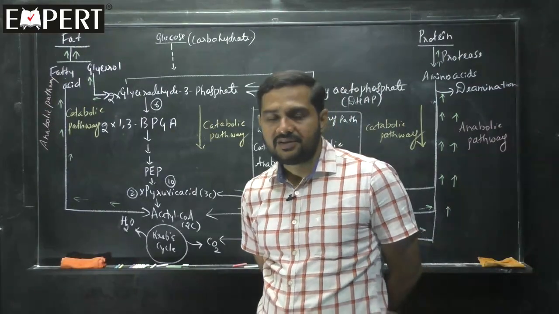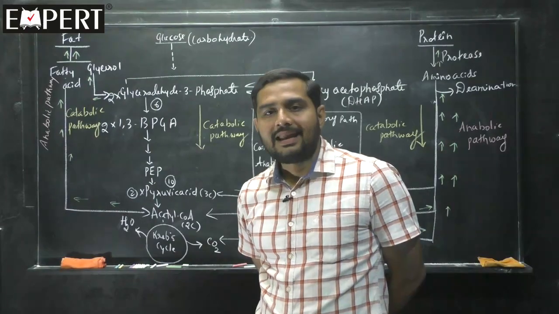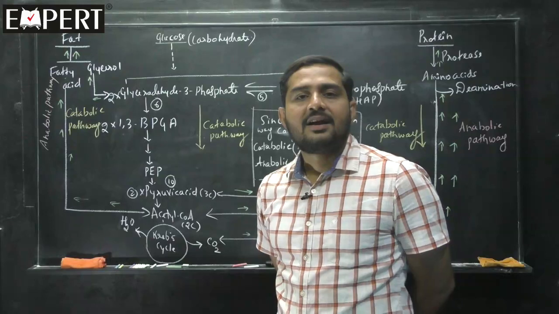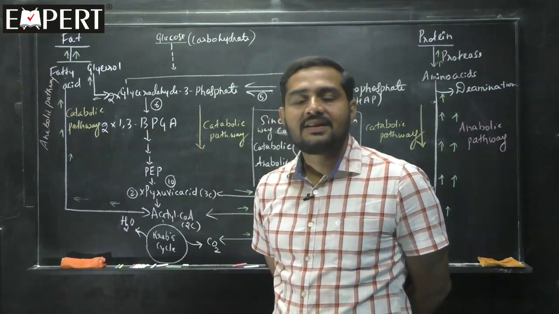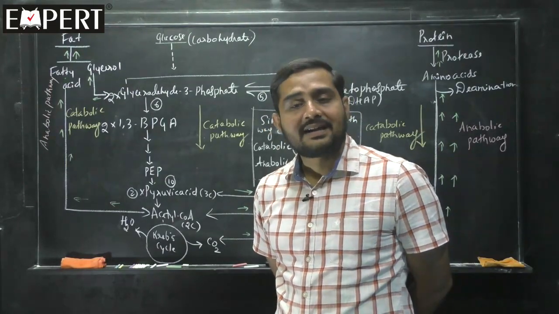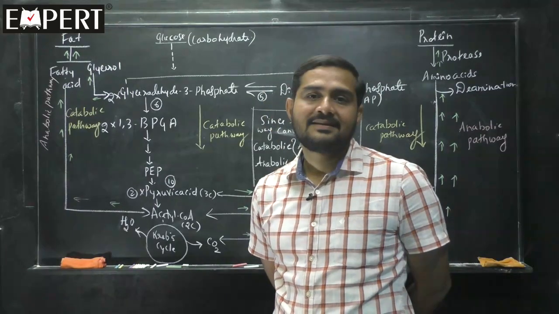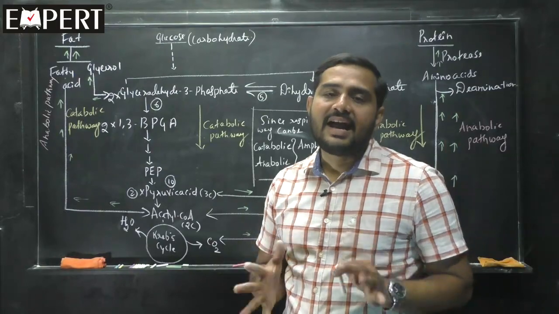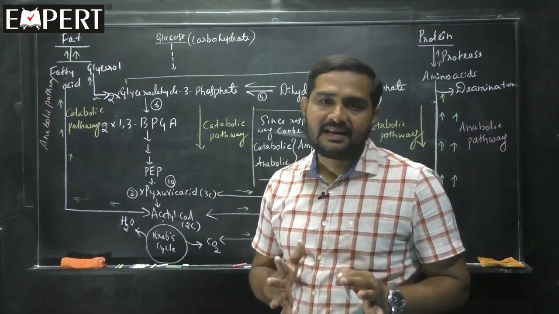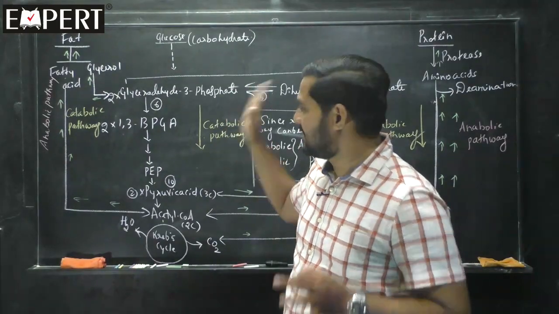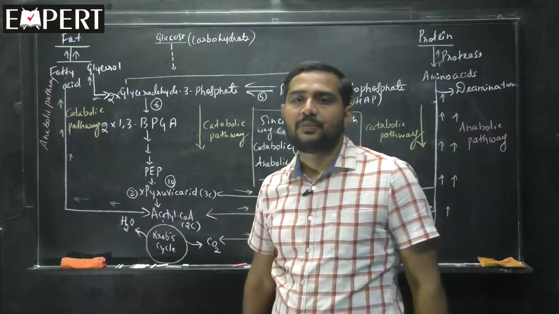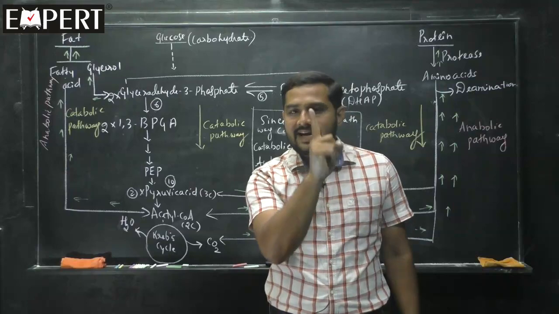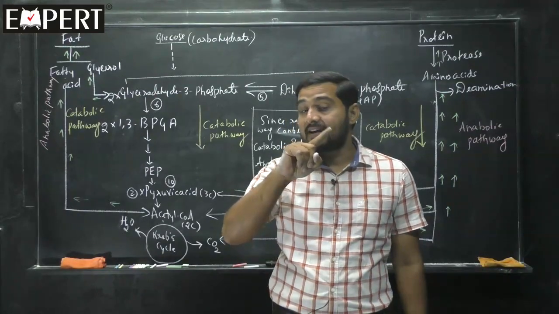Which cycle? Cori cycle. And that Cori cycle is what kind of reaction? I will give a clue to you. Is it glycogenesis? Is it gluconeogenesis? Or is it glycogenolysis? Tell me now. The Cori cycle is what kind of reaction? The first question I asked you was regarding the Cori cycle. Second question,